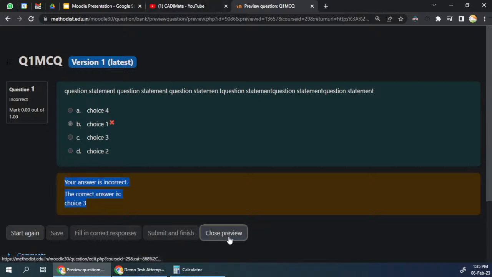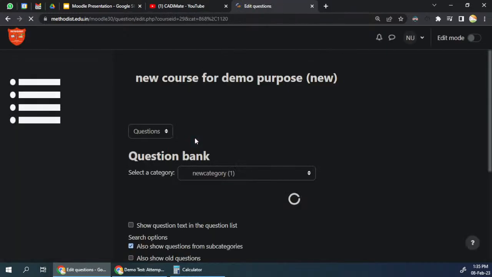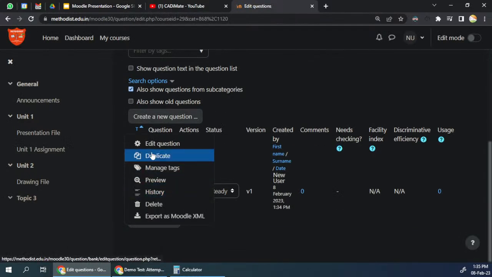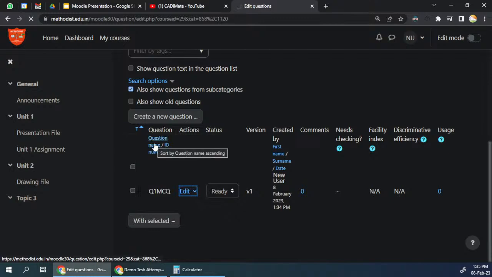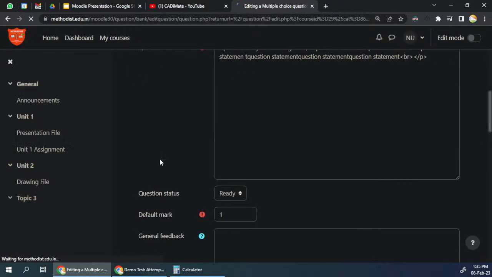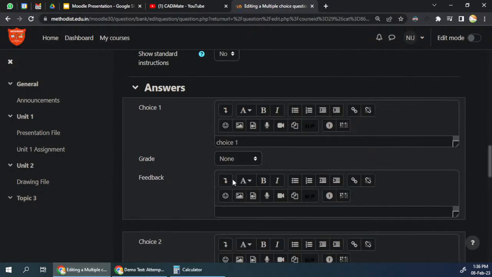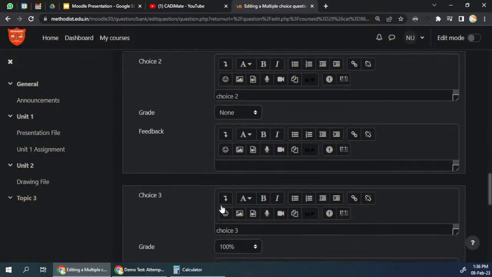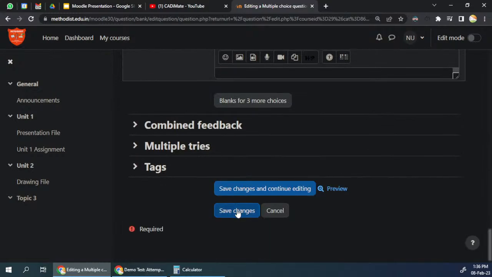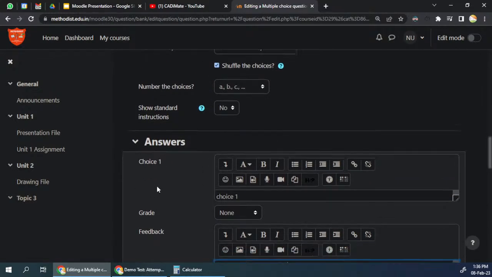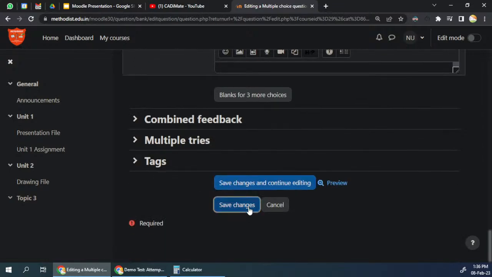So if you want to change the question, if you want to add feedbacks and other stuff to this particular question, you can again go back to edit question, and here after every option we can provide a feedback. Fine. So feedback for the wrong option. Okay, we can type in the feedback for wrong answers, and there are all kinds of options available here. All these options can be used for providing the feedbacks. Now we have provided the feedback for choice 1. Let's save it,